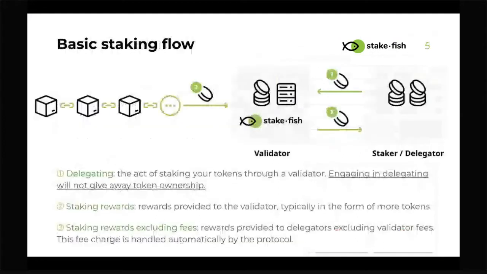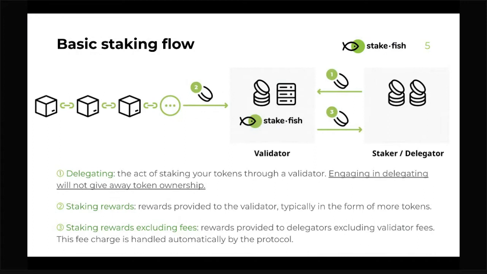So let me walk you through the basic flow of staking, how the interactions work. On the blockchain, the main people interacting with it directly, the equivalent of miners in the proof of work space, would be validators. The validators are running infrastructure that runs the blockchain software and are verifying and creating new blocks on the blockchain. The probability of them adding these new blocks will highly depend on how many tokens they have staked. Interestingly, the validator does not need to acquire all the tokens. They could get delegations from other token holders.